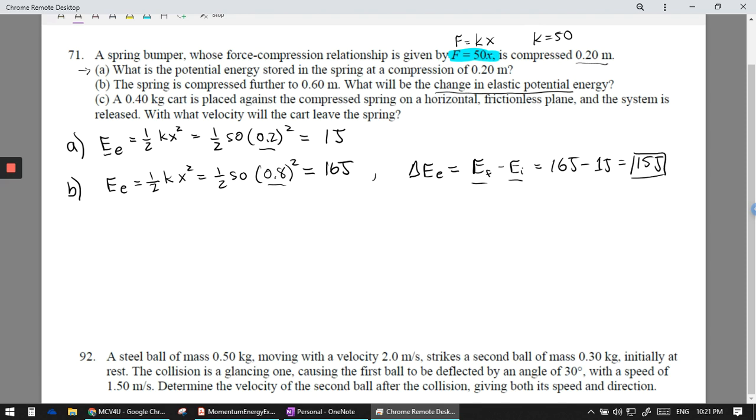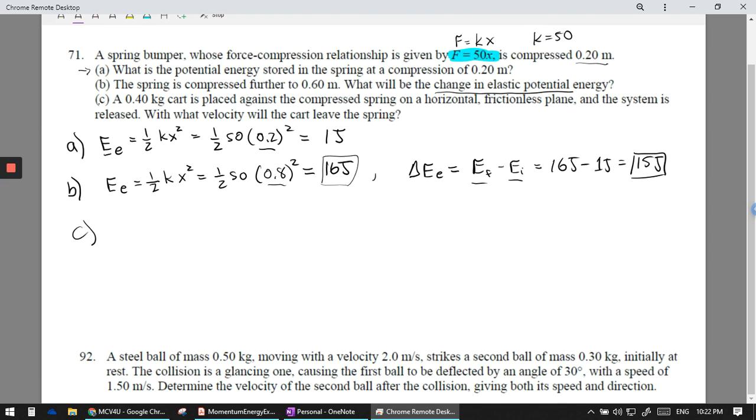that thing. All right. Now, a 0.4 cart is placed against the compressed spring on a horizontal frictionless plane, and the system is then released. With what velocity will the cart leave the spring, right? So we're looking at part C here. So over here, I'm going to go ahead and write the results for this. It's part C. Now, basically what's happening is we know that there is currently 16 joules of energy stored in